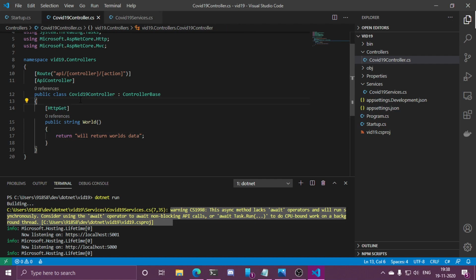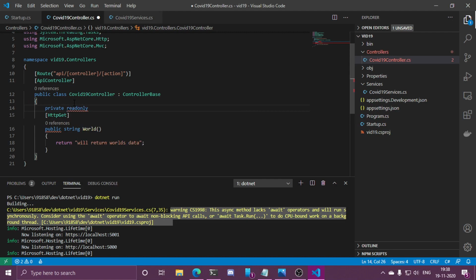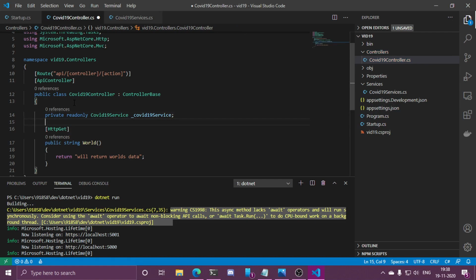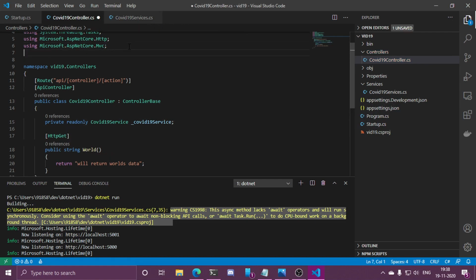First of all, we have to create a private read-only member of COVID-19 service. Okay, so it is going to be named this COVID-19 service. And again, since we are using COVID-19 service, we have to import it. That is going to be COVID-19 services.